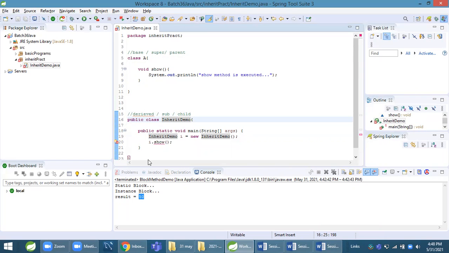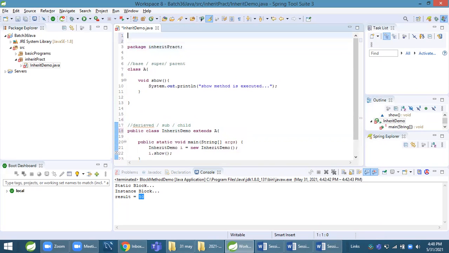Now to access that, we achieve single inheritance, and for that let me write here the title of the program: achieve access members of one class, single inheritance.